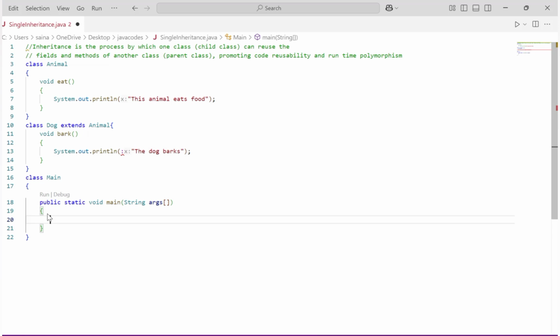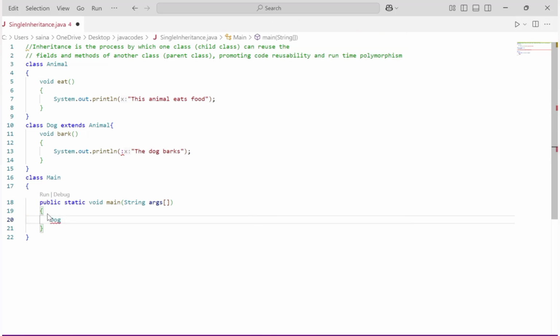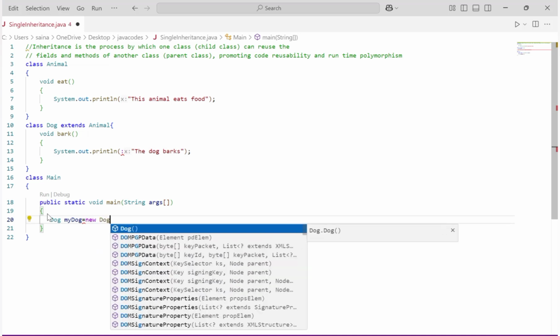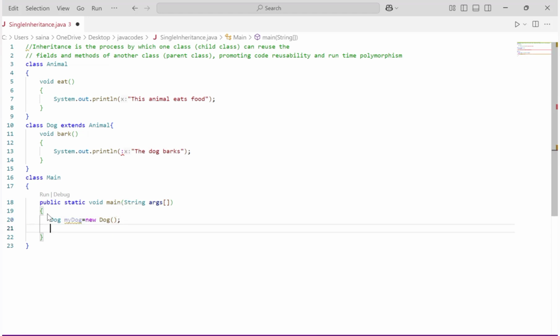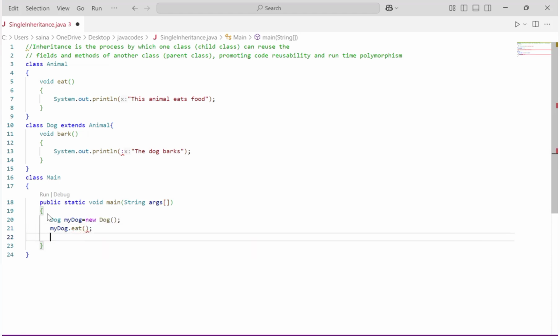the subclass Dog. So how to create an object? That is the subclass name, which is Dog, followed by a reference variable. Let the reference variable be myDog equals new keyword, used to create an object, followed by the constructor which has the same name as the class name. Now using the reference variable myDog, I'm calling the methods eat and bark. That is myDog.eat()